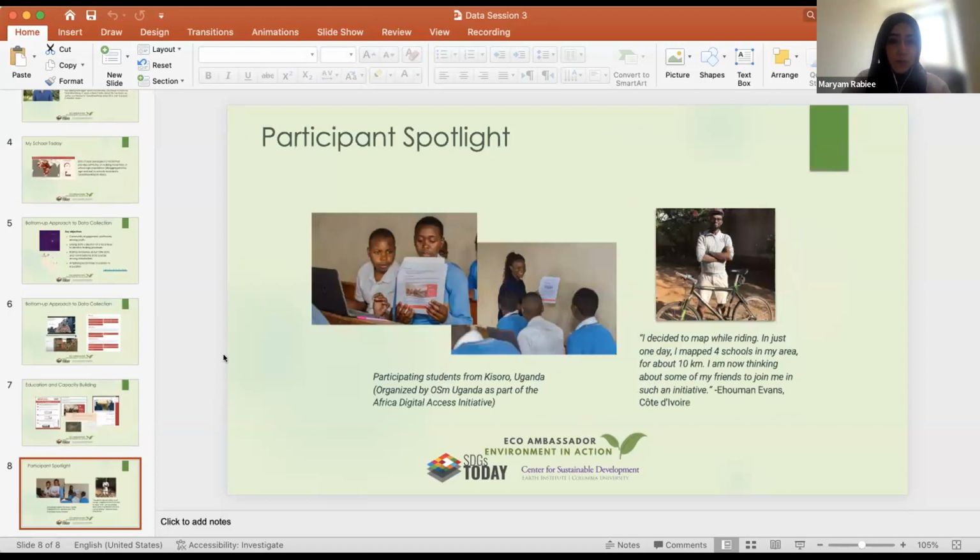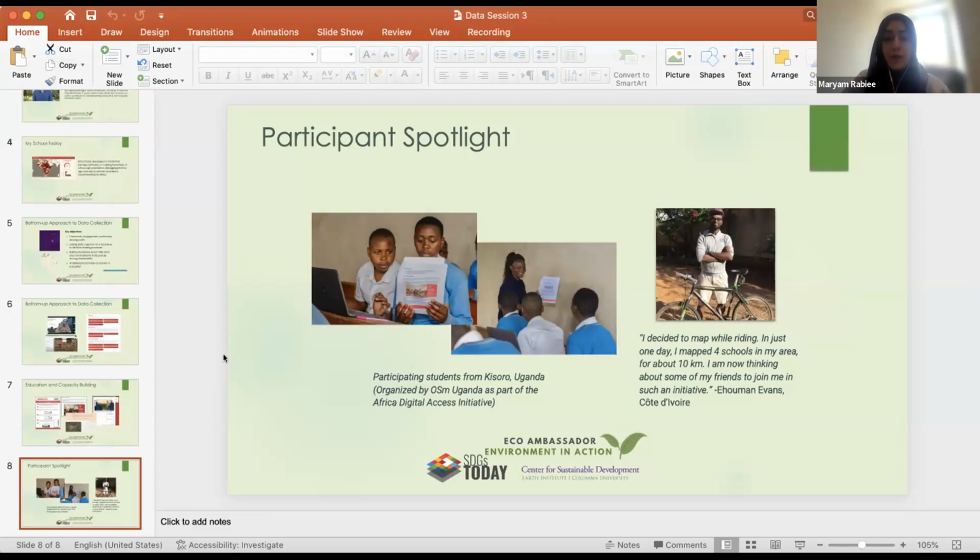I'm just going to end with our participant spotlight. We've had different age groups and community members participate in My School Today, and we always encourage everyone to share their experience or photos of activities that they organize around mapping schools.